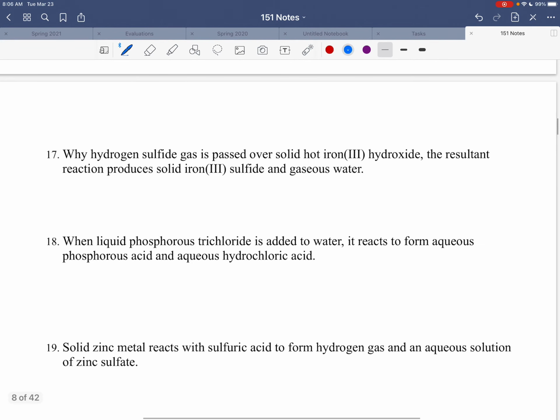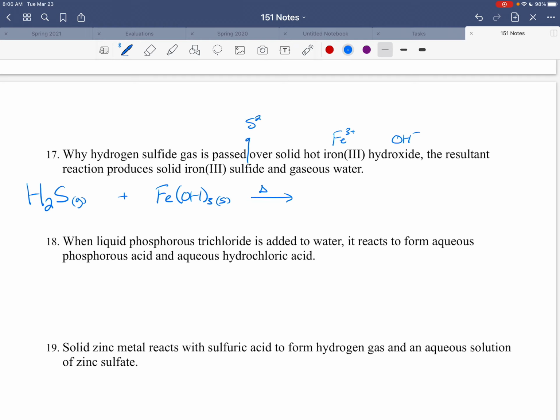Number 17. Hydrogen sulfide gas, H2S, is passed over hot solid iron(III) hydroxide, Fe(OH)3. The resultant reaction produces solid iron(III) sulfide,